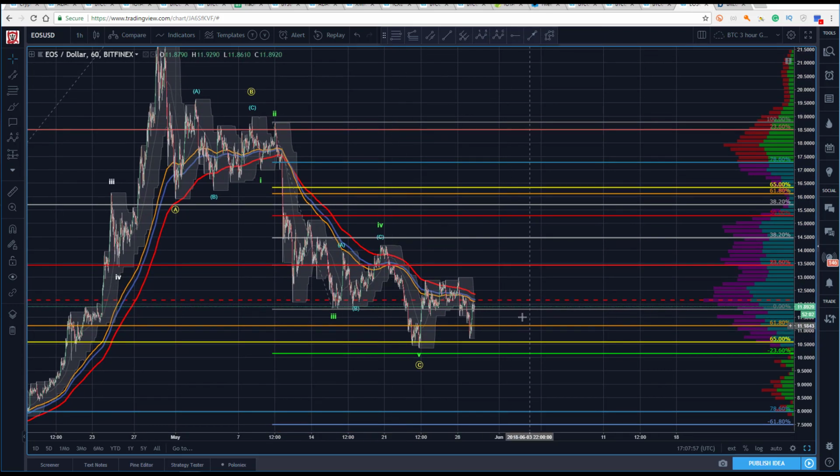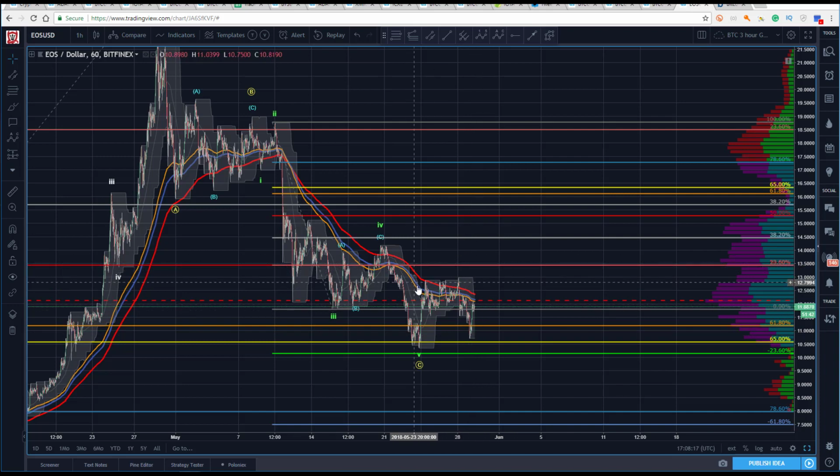So if you're looking for the long side here and you're comfortable, given the fundamental news in the background, taking a long position here, I'd do the exact same thing. I would be a buyer here with a stop under the 65. This target has been realized. We've had the reaction. This could likely just be a test of that low.